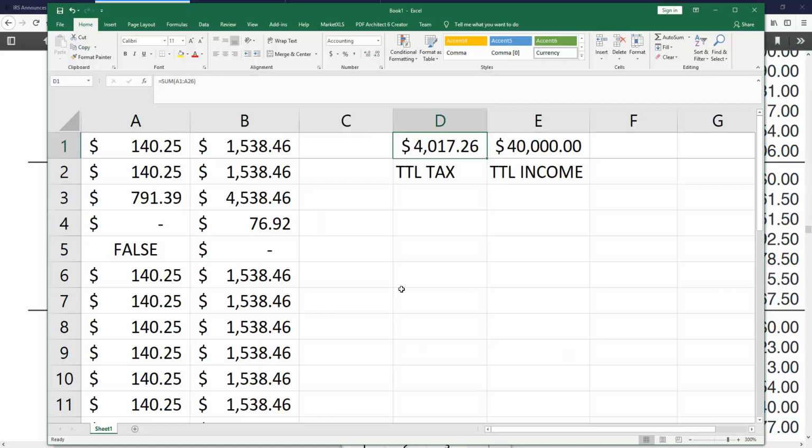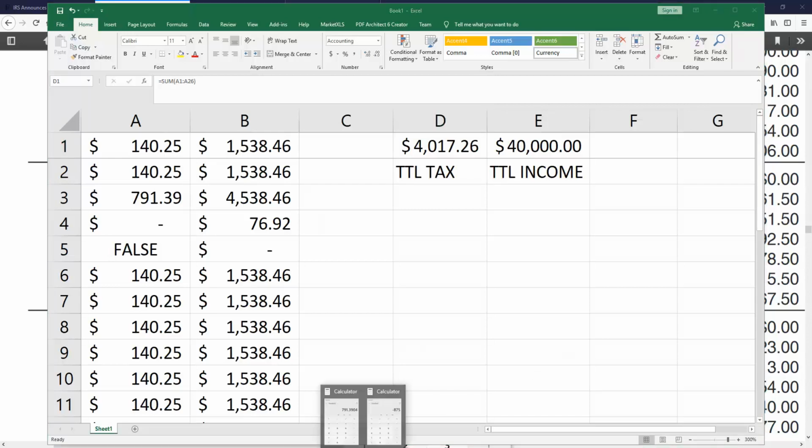If you want to save money, put it into a brokerage account, put it into a money market account, use the money to make money, do something, but don't give it to the IRS and then ask for it back later. And on top of that, a lot of times you're paying someone to get you back your own money. That's ridiculous. So this is how you calculate your taxes. This is how you fill out a W-4 properly.